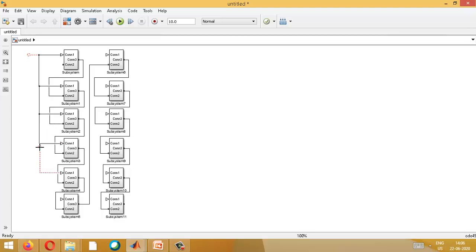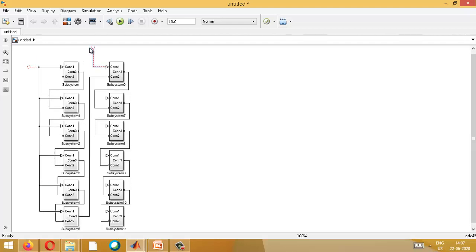This will be good because you will get only 3 terminals outside. So you can connect it.